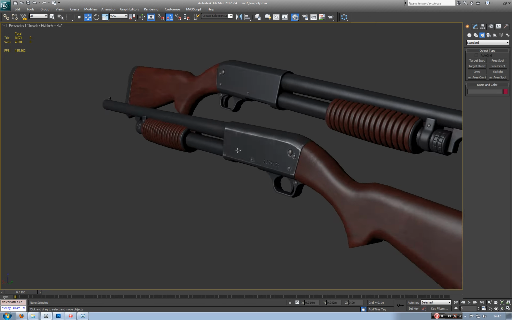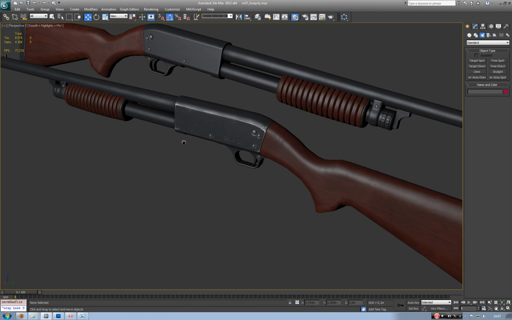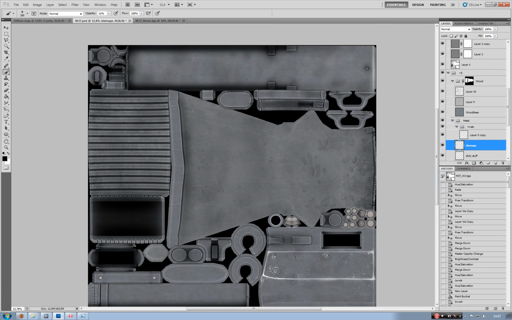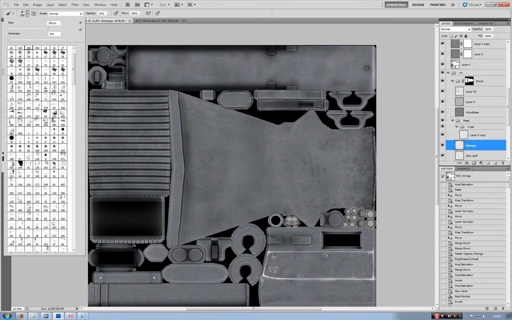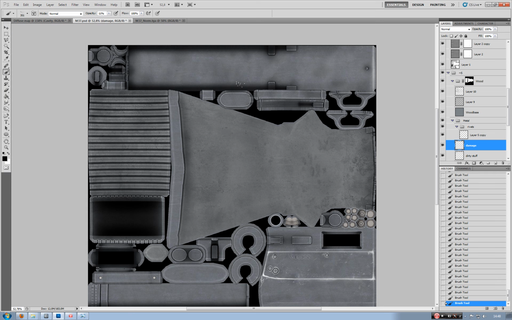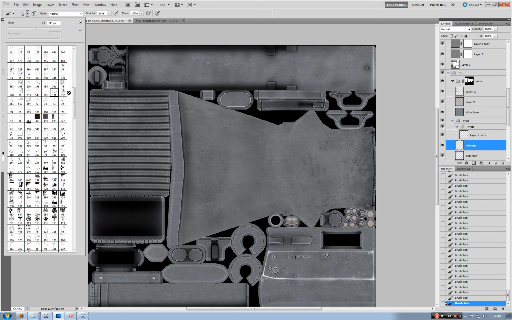Pretty cool effect. Quite simple, but I like it. And I'll just toss some grunge brushes in the mix as well. Not really putting much thought into this, but of course,